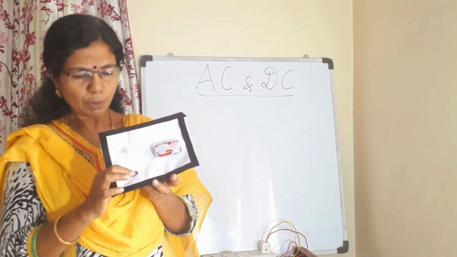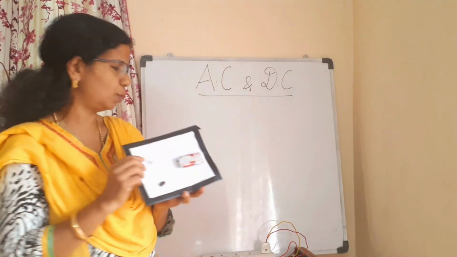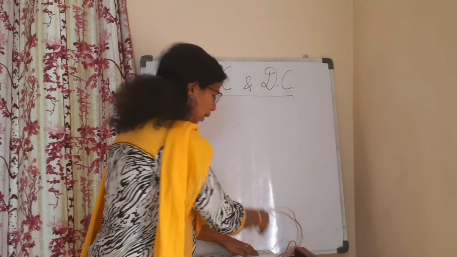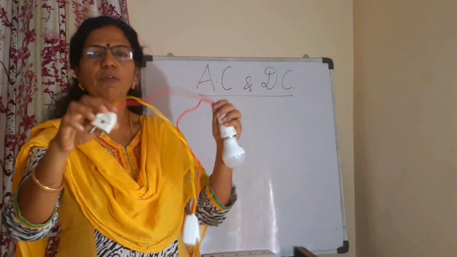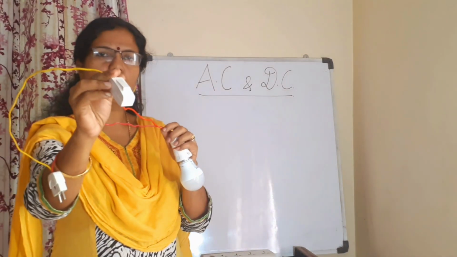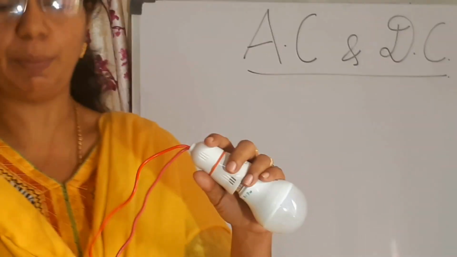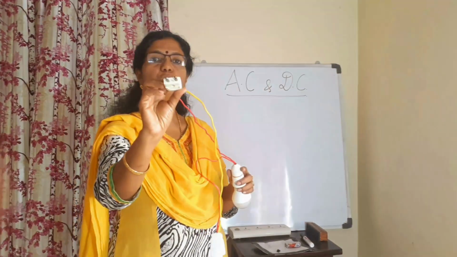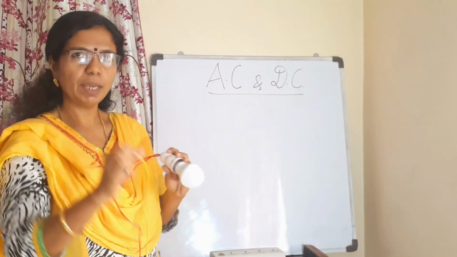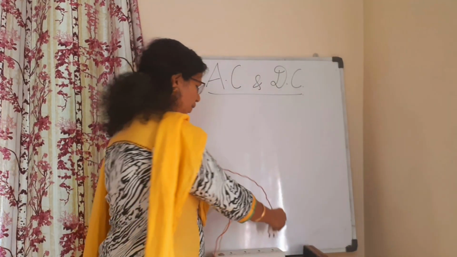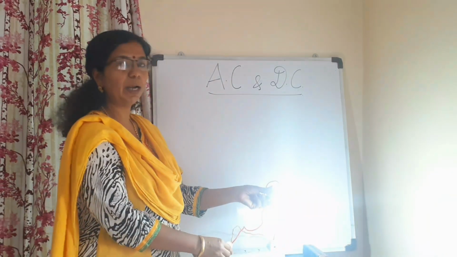So this is one type of circuit which you studied last year, and most of you have done this also. Now the second circuit which we made is this, isn't it? Do you remember this? With a 2-pin plug, a switch and a bulb holder, and you inserted one bulb. Here you are using this 2-pin plug for getting the voltage or current to this bulb. When I insert this 2-pin plug into this 2-pin socket and switch it on, the bulb glows.